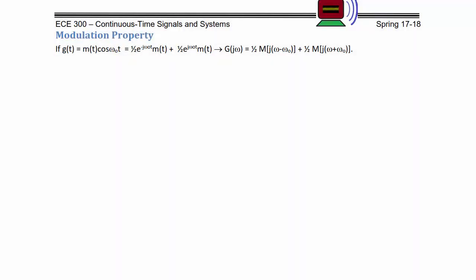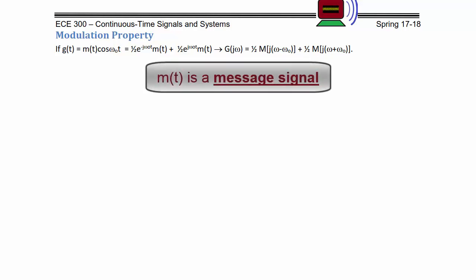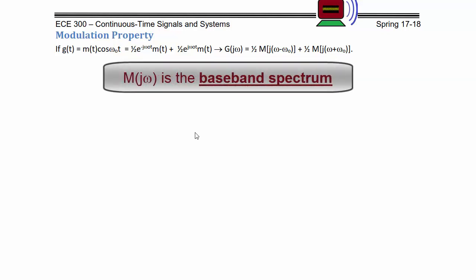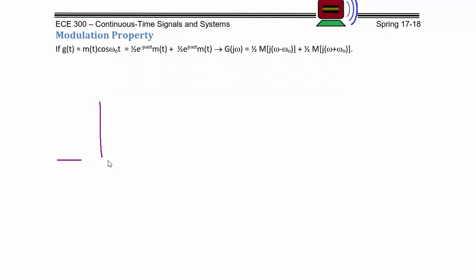Based upon what we just learned about frequency shifting, we can now discuss the modulation property, which states that if g of t is equal to m of t cosine omega naught t, this is equal to 1/2 e to the negative j omega naught t m of t plus 1/2 e to the j omega naught t m of t. The Fourier transform is G of j omega equal to 1/2 M of j times omega minus omega naught plus 1/2 M of j times omega plus omega naught. So what we say here is that m of t is the message signal and M of j omega is the baseband spectrum. So suppose M of j omega has the following shape